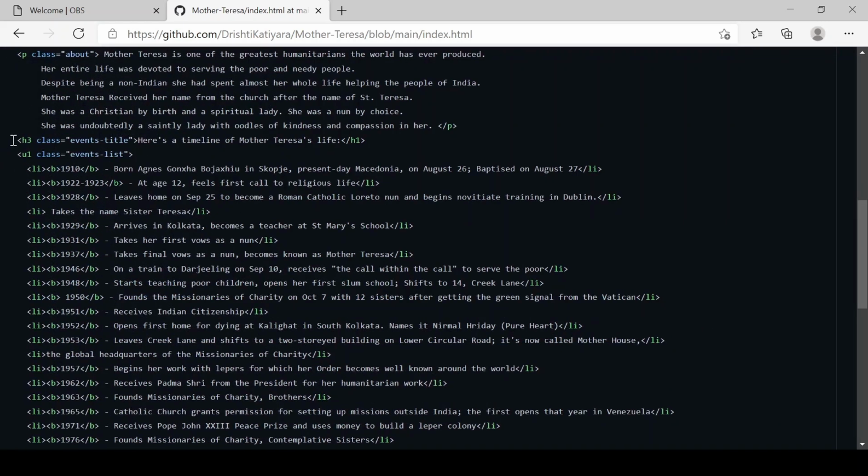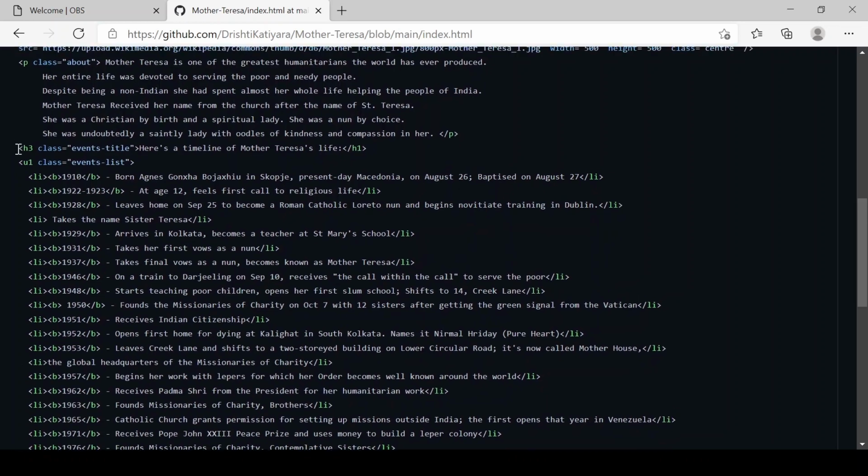Now we need to include various events that have happened in her life. So we have included this H2 tag which states here's the timeline of Mother Teresa's life. Next we have created a UL, kind of a body, in which we are going to enter the list of events, and thus the class is event list.